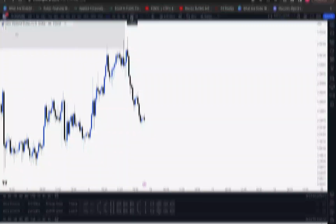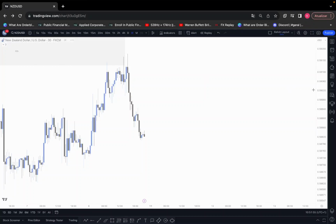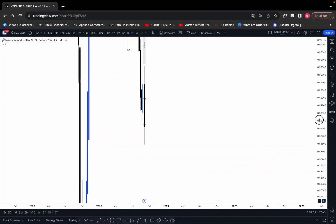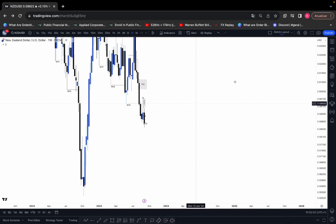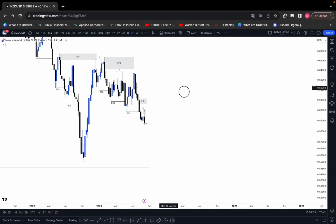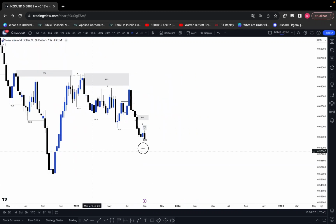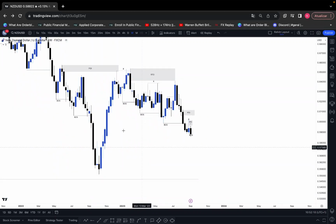Next pair. So New Zealand dollar, let's start from the weekly time frame. Let me just zoom out. Similarly to Aussie dollar, the overall picture of the price action is absolutely similar right here, right? It's very, very clear that it's bearish. We have price coming into this extreme supply zone. Change of character failed, price failed to break above the previous high, bullish sentiment in the market in depletion,